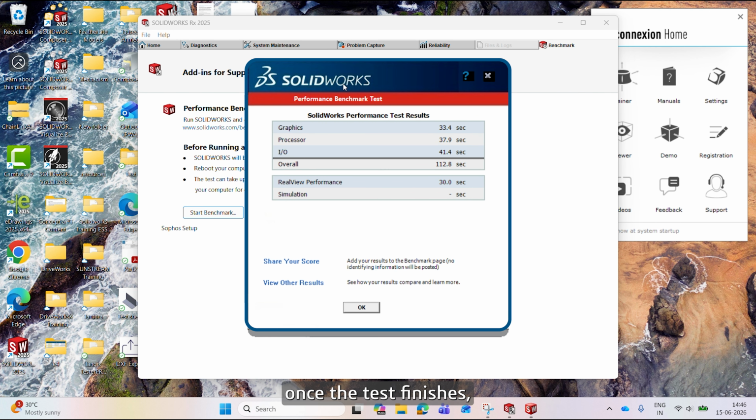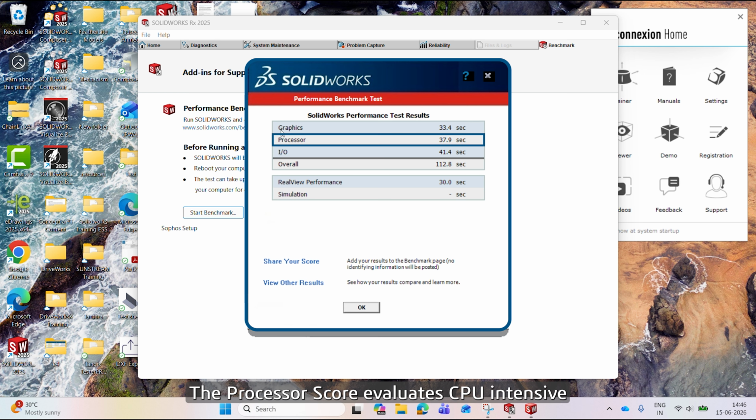Once the test finishes, SOLIDWORKS provides several performance scores that measure different aspects of your workstation. The processor score evaluates CPU-intensive SOLIDWORKS operations such as rebuilding features, generating drawing views, and model calculations. A lower completion time indicates better performance. For example, if one workstation completes the test in half the time of another, it can generally rebuild the model